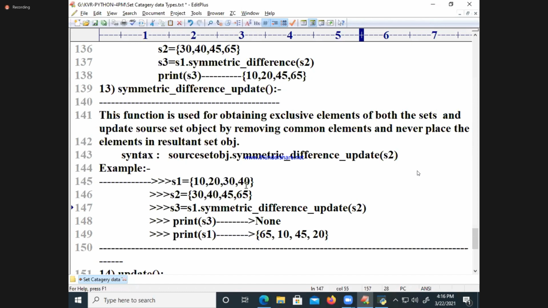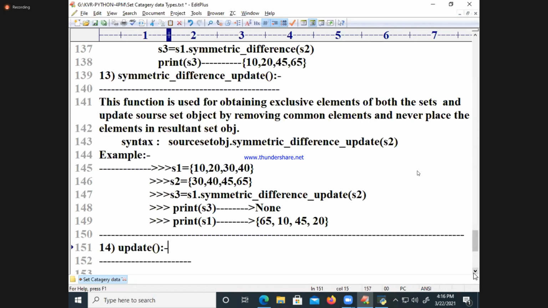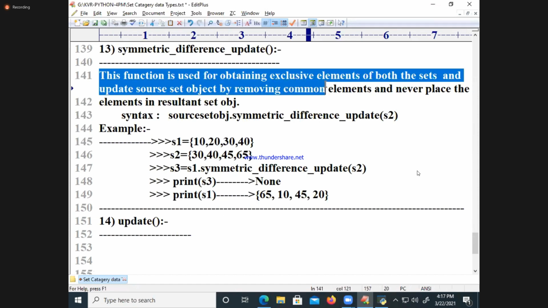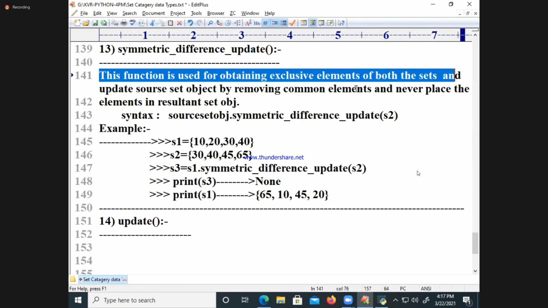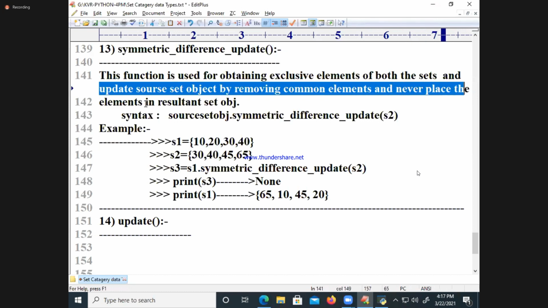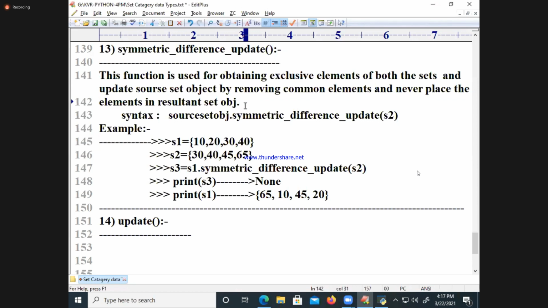Again, read this: this function is used for obtaining exclusive elements of both the sets and updating the source set object by removing the common elements, and never places the elements in the resultant set object.